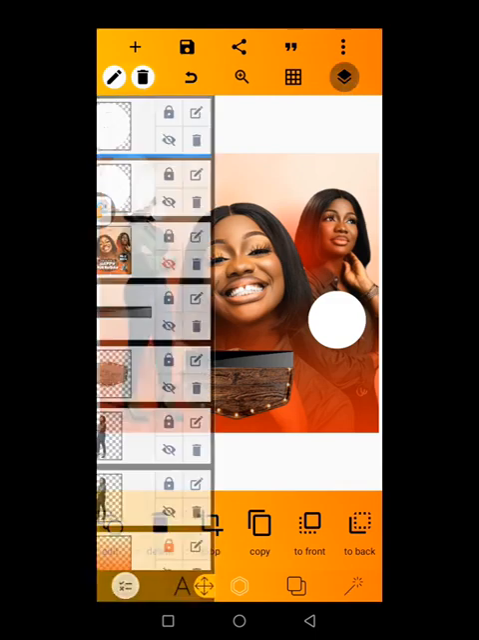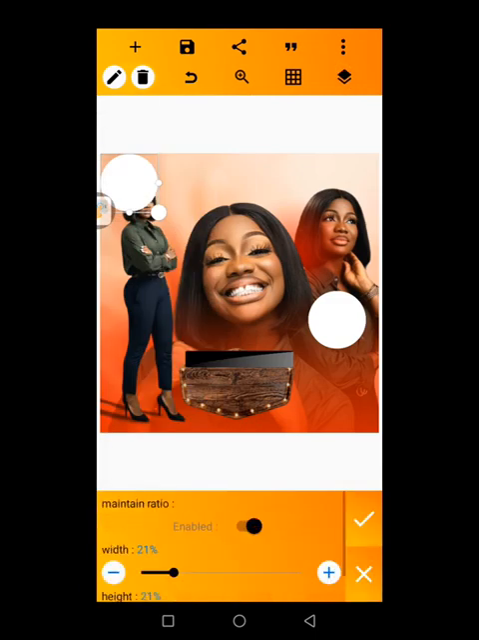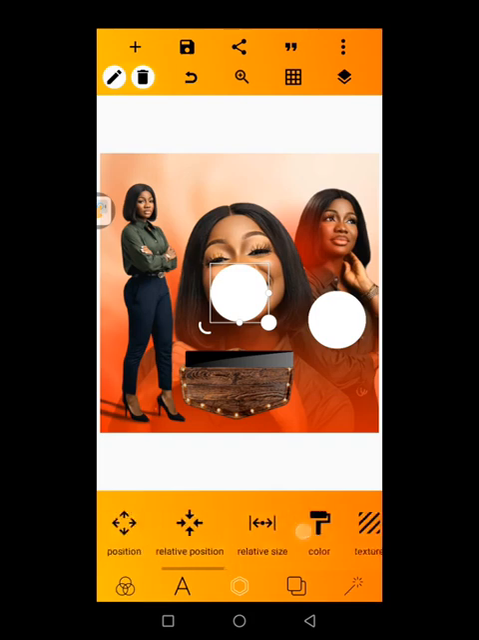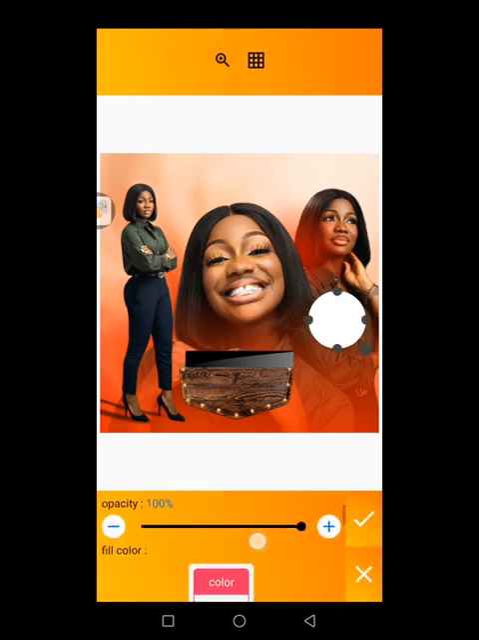Sorry, I think something is wrong. Let me select it. Then let me move it to this one. So bring it to the center. After doing that, I'm going to come to color. This edit rather, not color edit. After editing it, I'm going to go to